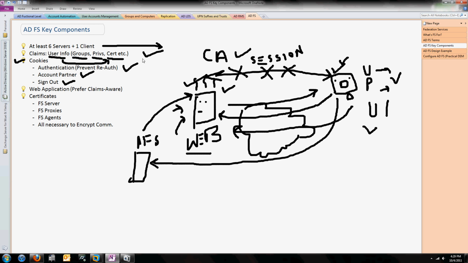So guys, you do not need to remember all these parts. It is just for the information that I want to discuss right now. The next is web application. As I told you, ADFS is not possible to deploy only with the help of IT admin people. That means to deploy ADFS properly we require web developers, so you will have to develop a web application. Then only you can